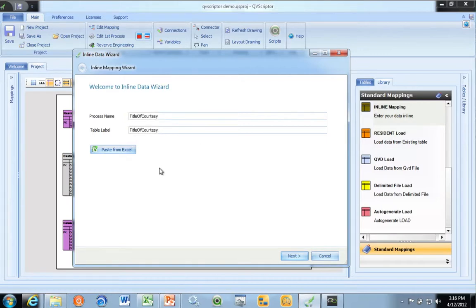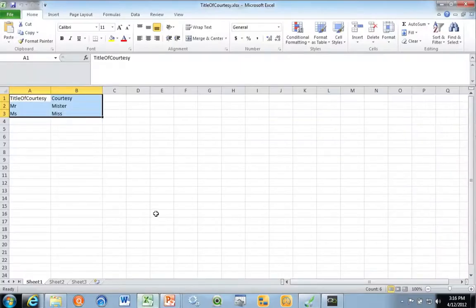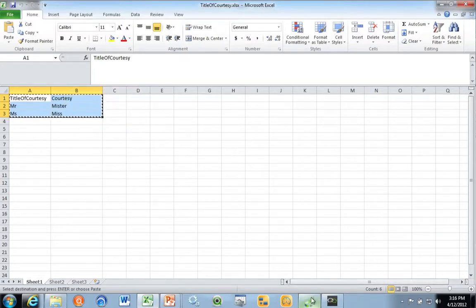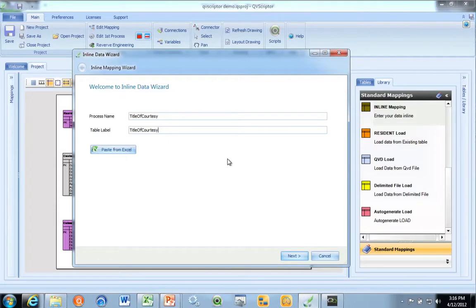What you'll see straight away is this paste from Excel option. So I've got an Excel file open here, and all you need to do is put in any headings that you have and then the data that needs to sit inside those headings. All I need to do now is highlight my fields, right click, copy, go back to QB Scripter and say paste from Excel.